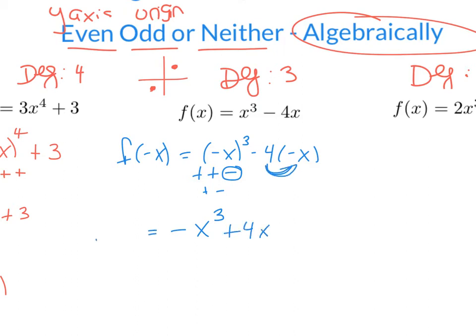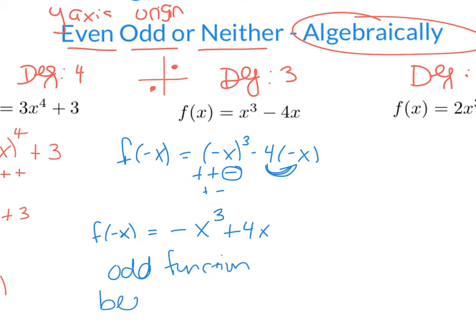So now looking at my new polynomial, I see that f of negative x is directly the opposite of the original f of x, meaning that this is a negative and that's a positive, this is a negative and that's a positive. So since both signs have changed, that means you have symmetry over the origin, and that means you are an odd function. So I would say an odd function